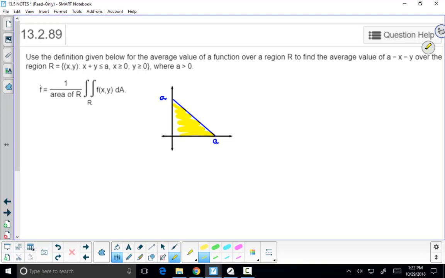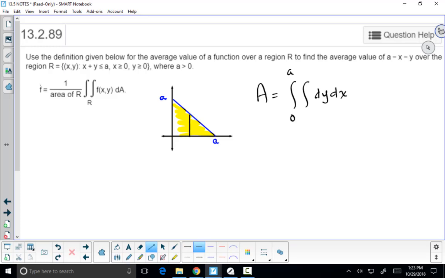So then the area of R, so area will be the double integral dy dx, or we could do a single integral of a function. It's not going to matter. Let's just do it as a double first. So the area, the x's are going to come from 0 to a. And how about the y's? So vertical element, the x's are coming 0 to a. So then we're going to go up to the line. So we're just going to have 0 up to this line where we solve for y. So that's going to be negative x plus a. So that'll be the area